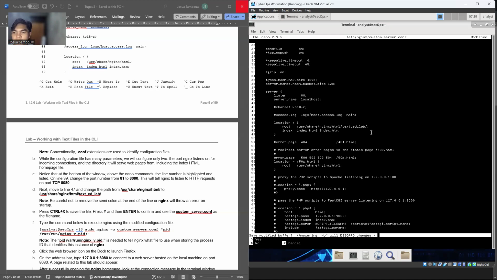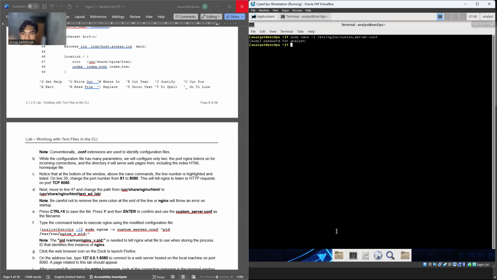Control X and press Y to confirm the custom server file. Confirm and use the custom name. Oh, it's still enter.